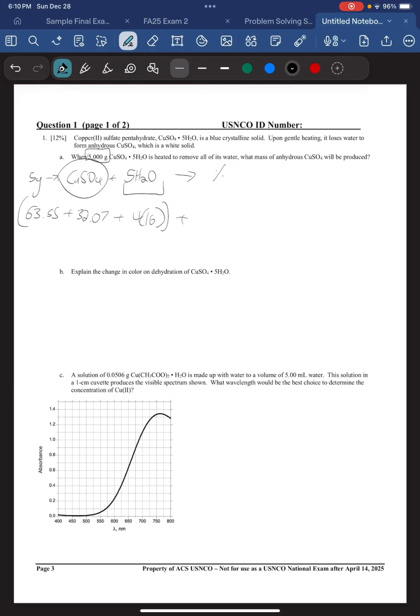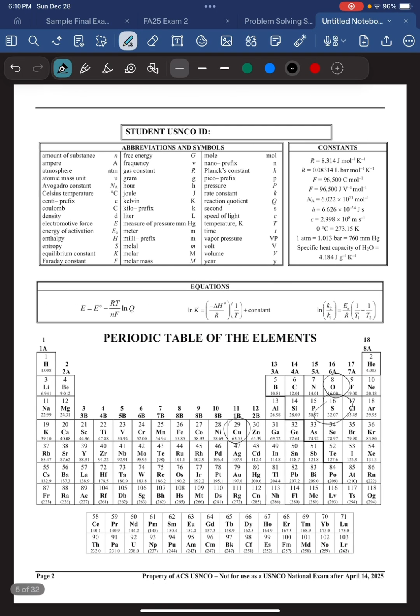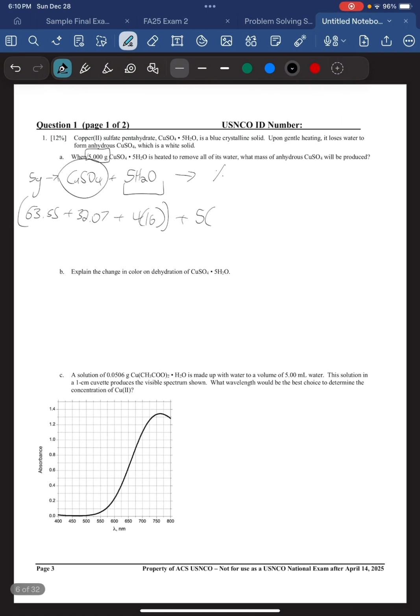For the water, we have 5 times, and then we have 2 hydrogens and 1 oxygen. Hydrogen is 1.01, so we can say 2.02 because it's 2 hydrogens, plus the 16 from the oxygen. So the total mass should come out to be, let's do the math real quick,